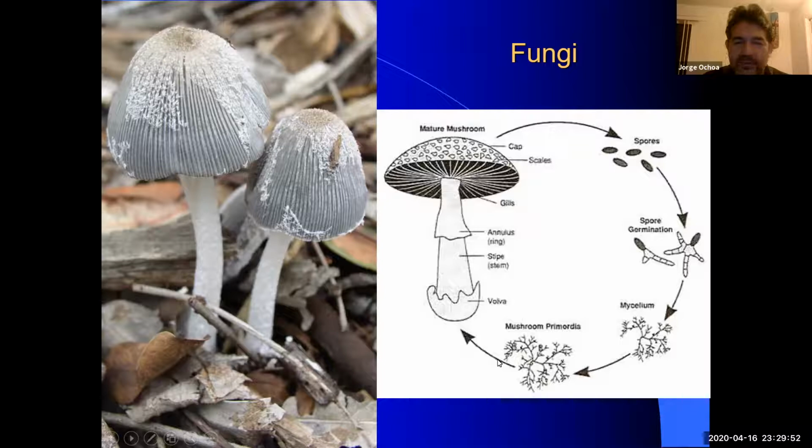At a certain point during the season, the fungus wants to reproduce. And so you're going to have the creation of a mushroom. The mushroom is nothing more than an organ for creating spores and dispersing spores, which is equivalent to a flower and a fruit on a plant. So it's just a minor thing. The real organism is going to be the mycelium that is going to be below the ground, usually in some shade or away from drying out.